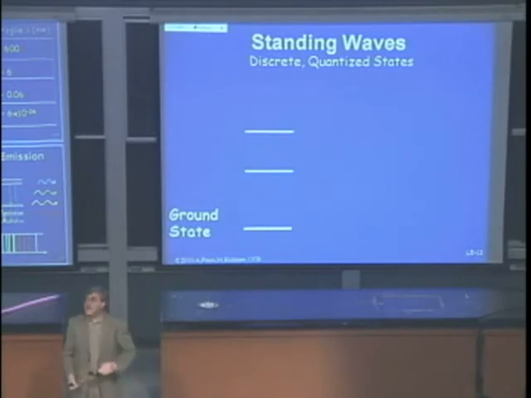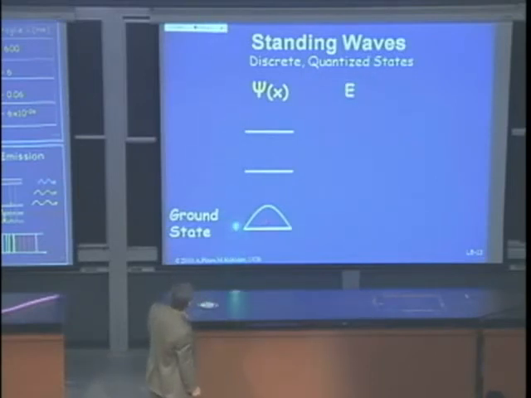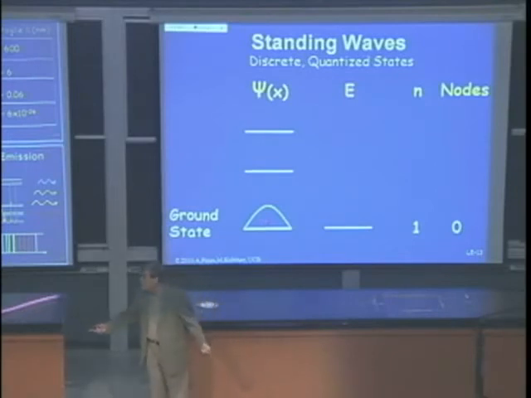These are quantized states. It goes from one state to the next state, to the next state. Okay? So this is what we have seen. This is our wave function in one direction. It had one lobe. It had the lowest possible energy. We make this an energy scale. The energy increases from a certain energy, not 0, up, increasing in energy. So this is the ground state, and we call this n equals 1. Did you see any nodes there where it went to 0? No. So it has 0 nodes. N equals 1, 0 nodes, ground state.